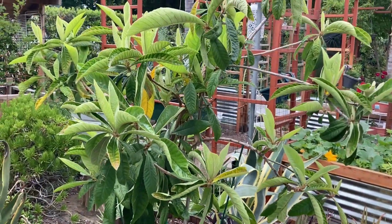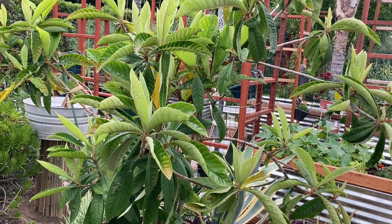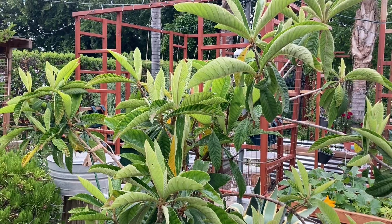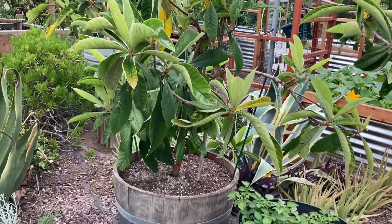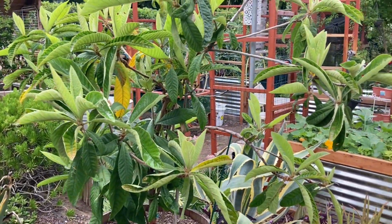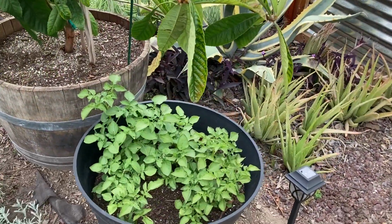The loquat tree is still trying to get its bearings. I'm a little worried about it, but not too much. I did move it over here into full sun and repotted it, so not sure if it's liking its location yet or not, so we will see. The potatoes down in here,